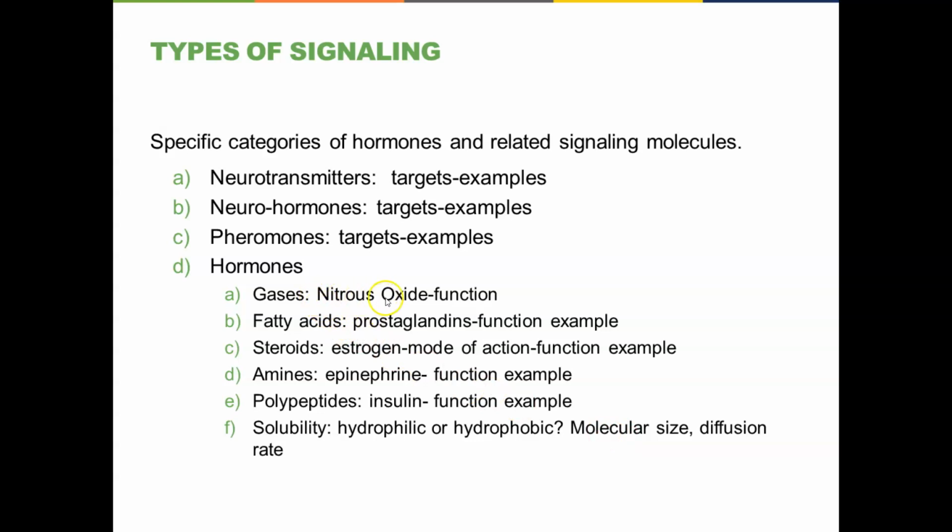Another thing that's important is the size of these signal molecules. A gas like nitric oxide has a very, very rapid diffusion rate. It quickly spreads throughout tissues, making contact with distant parts of the body very, very rapidly. A large molecule like this big polypeptide right here is going to take a lot longer to diffuse through the tissues of the body. It will initiate a response more slowly, if you will.